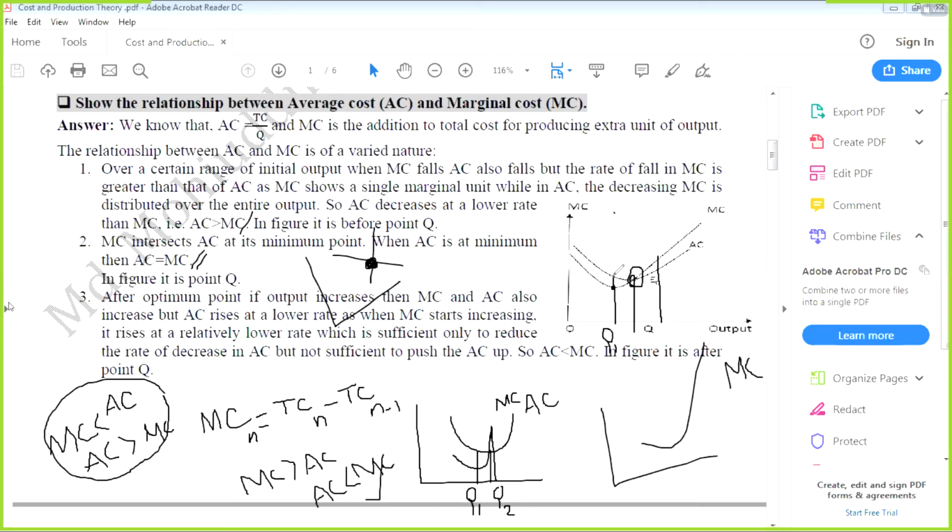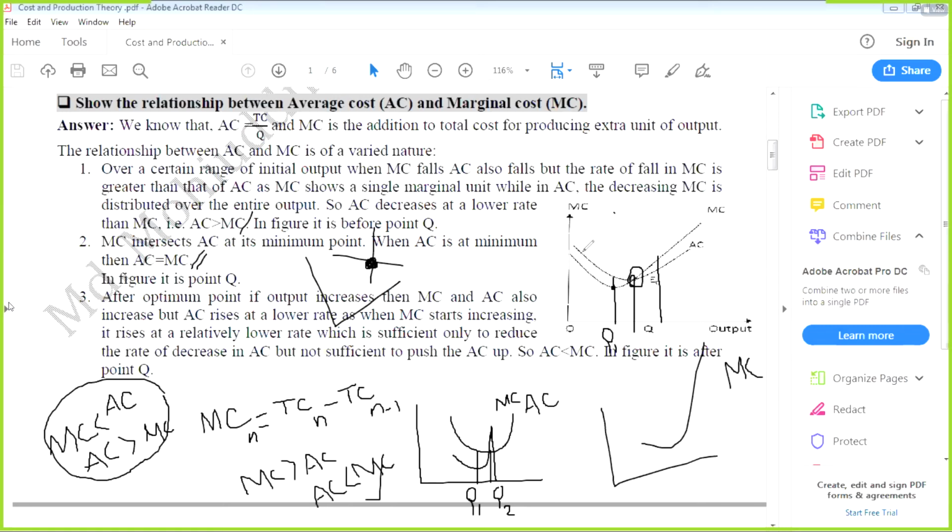Okay, let me explain again. Which one's falling rate is higher? Make it clear. Marginal cost. Which one, marginal cost or average cost, has the higher falling rate? So, marginal cost falling rate, make it clear. So here what we have said, at this level of output,